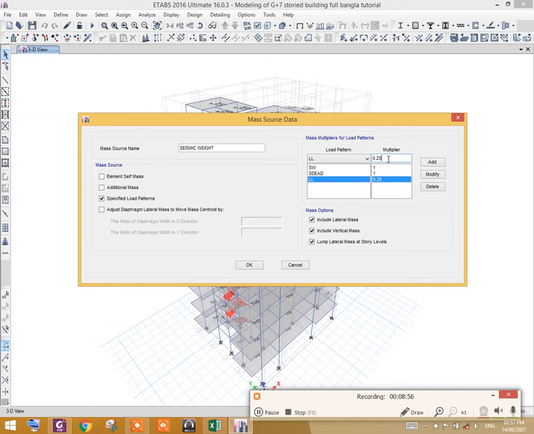If it exceeds 60 psf, then you should take 50%, that is 0.5. And I will not account for the roof live load because it is not required according to the IS code. So that's how we have defined our seismic weight according to the IS code.